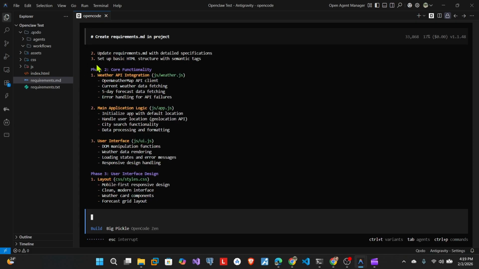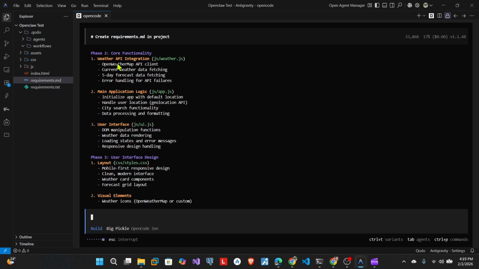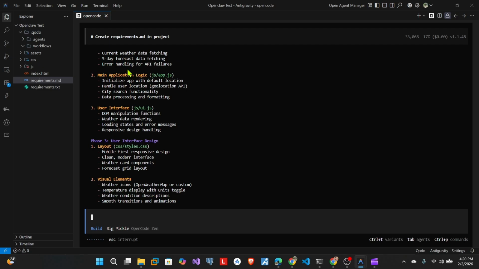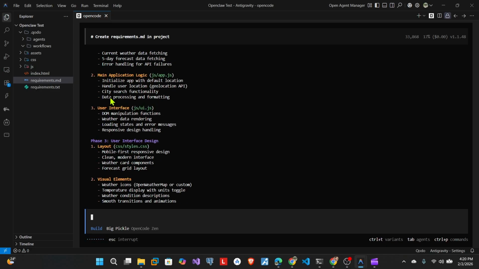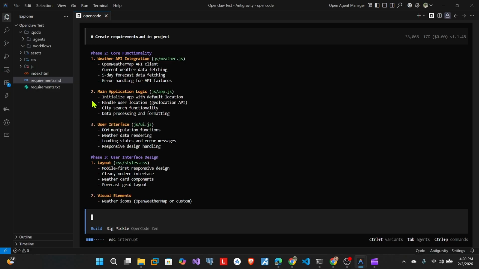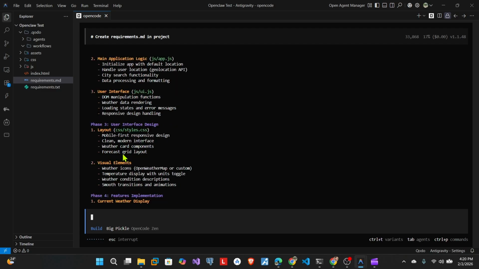So the basic HTML structure is set up, and in the core functionality, you can see that the weather API integration process is done over there. The OpenWeatherMap API client has been called. Current weather data fetching is done, and it's a planning phase only. Okay, so this is the plan of OpenCode. How will it do it? Phase 2 is for core functionality, and then for phase 3, you can see